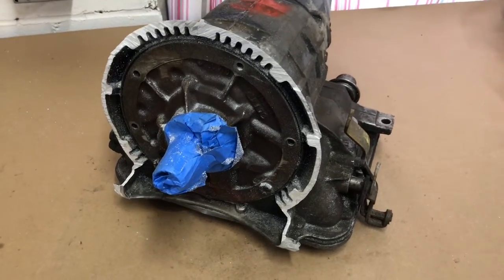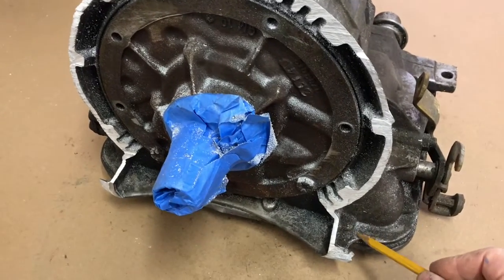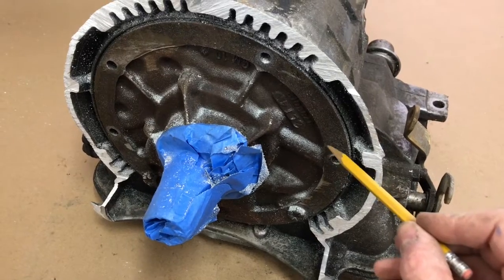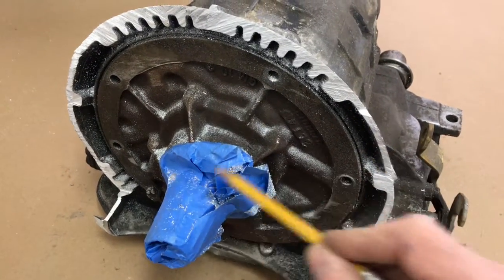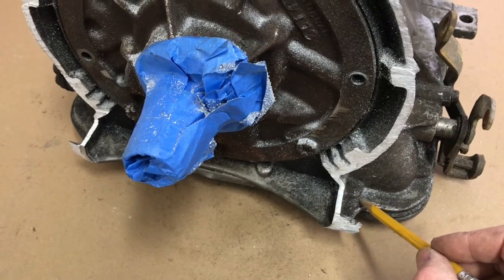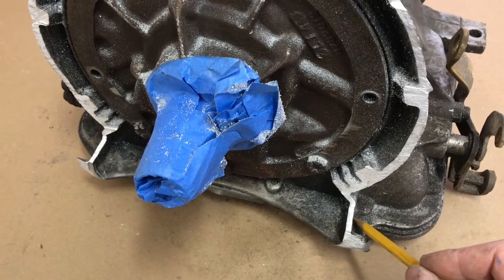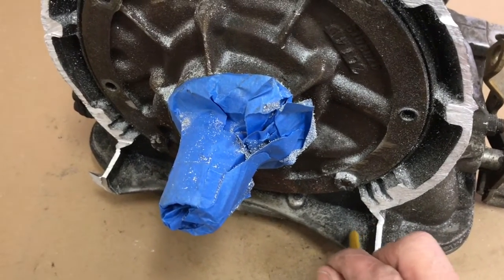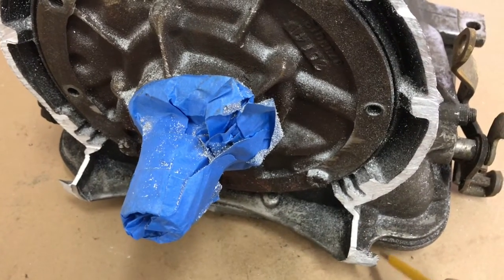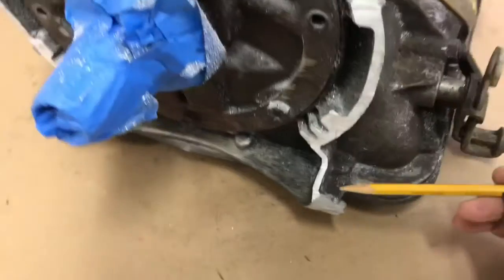Okay, this is where we stand right now, and we're down to probably within about an eighth of an inch of our pump face all the way around, except these ears at the bottom. So our next operation is probably going to be to turn this thing on its side, and I'm going to cut these ears off even with the front of the transmission pan and my sealing surface, and then we'll probably